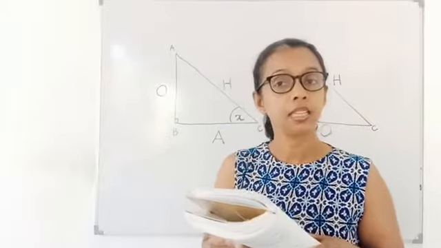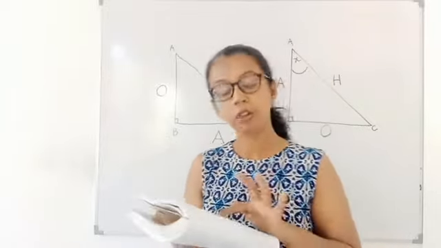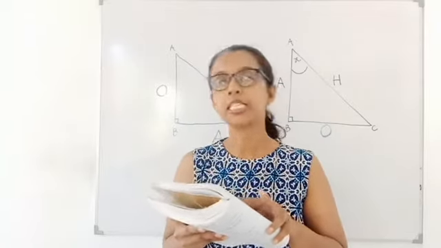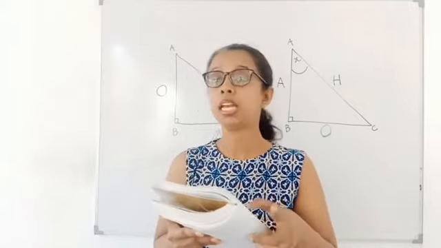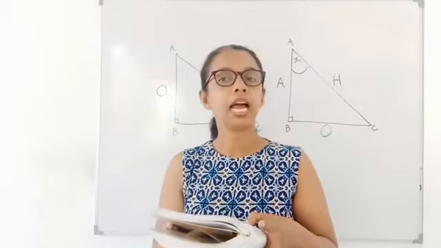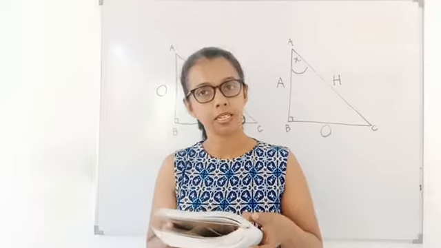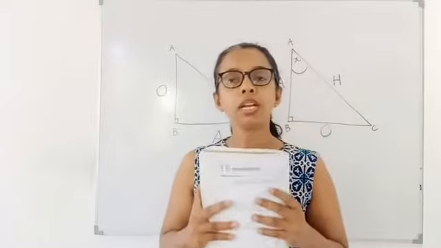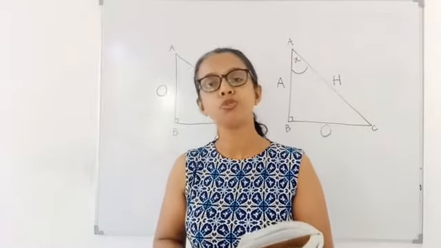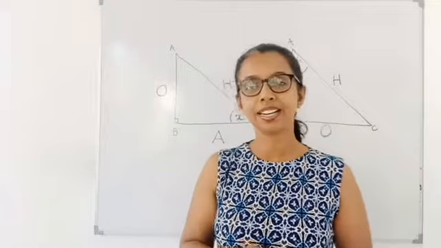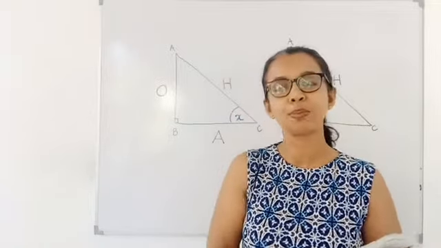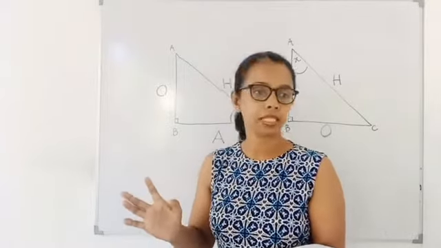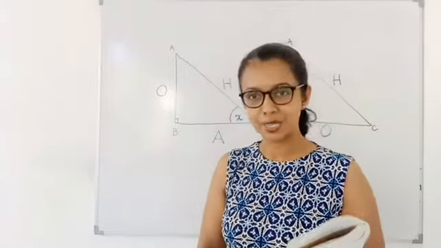I repeat, in the given right angle triangle ABC, they have marked angle C, children. Then what will be the hypotenuse? AC will be the hypotenuse, AB will be the opposite side and BC will be the adjacent side. Why am I asking you to do this exercise? Because without having that knowledge, we cannot move forward. So take 2 minutes. I don't think you need 5 minutes. Then we'll discuss the rest of the questions. Then we are done with that and we can move to the trigonometry ratios.